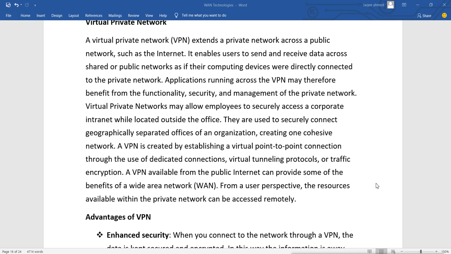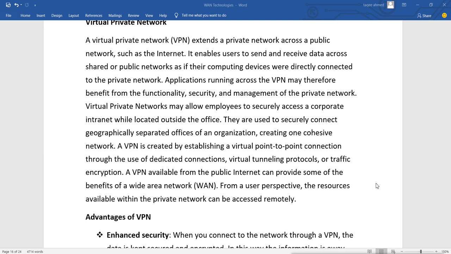So what we can use is the public WAN, which is the internet. But using the public WAN is not secure. So we can use this VPN technology to connect securely those normal users, those users who want to have access to the resources available in the office by using the internet, but securely.